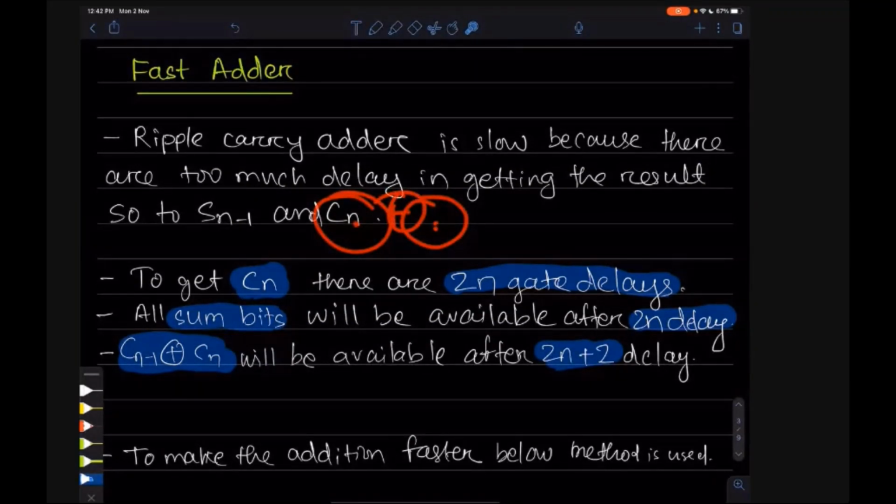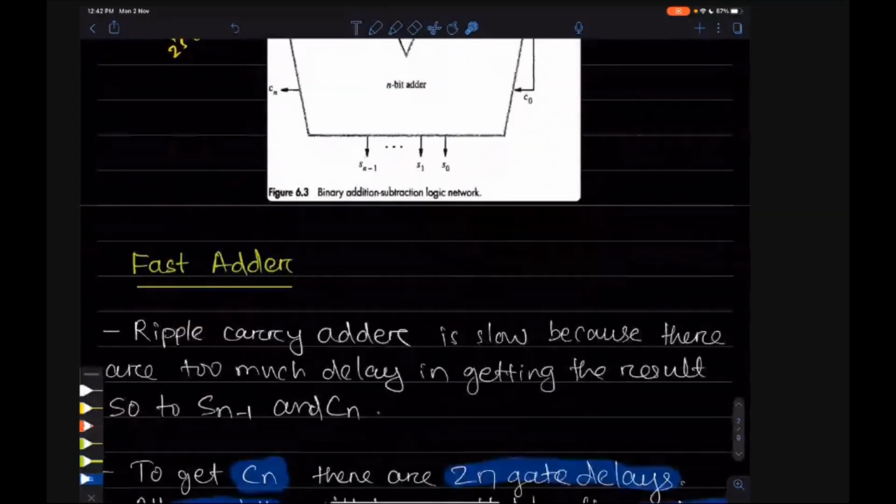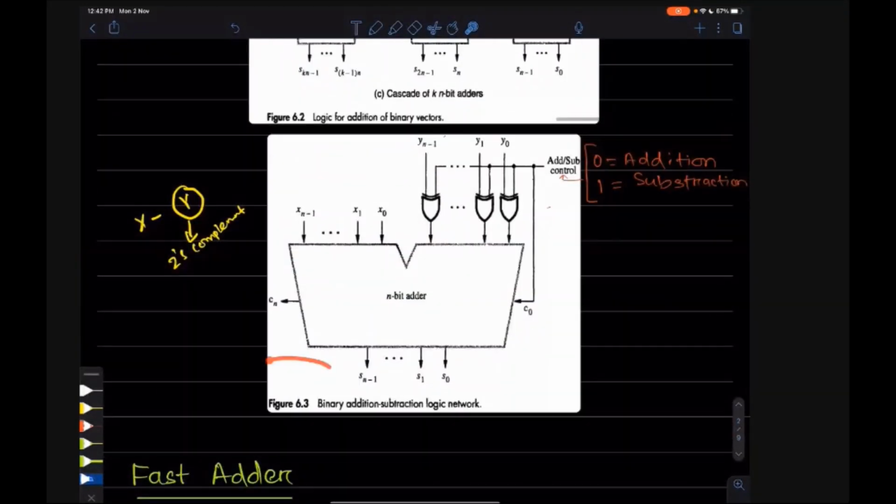But in this case, that overflow operation is not mentioned here. It is a separate circuit somewhere here, which will do Cn XOR Cn minus 1. That extra XOR circuit is not mentioned here. It will be there to find whether the addition result is an overflow or not.